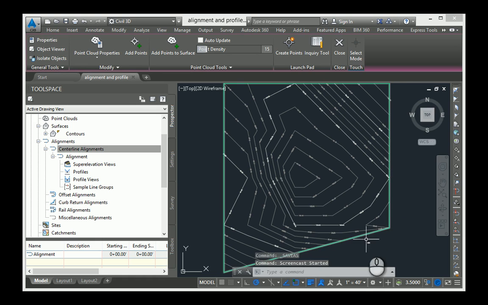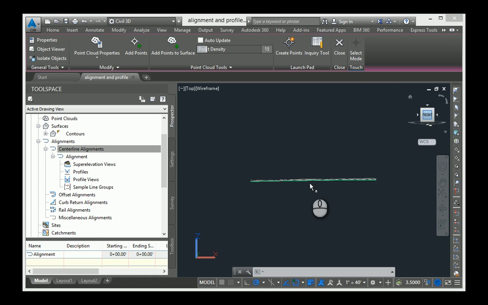Okay, so this is Civil 3D lesson number 4. We're going to make an existing profile view. So basically what that means is that if we sliced this three-dimensional surface down the middle,